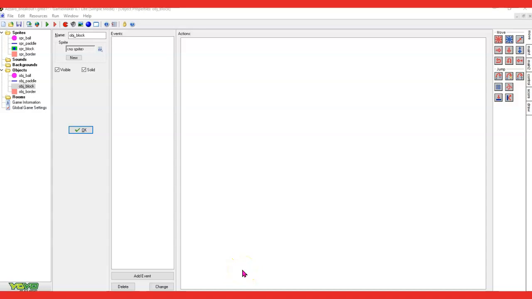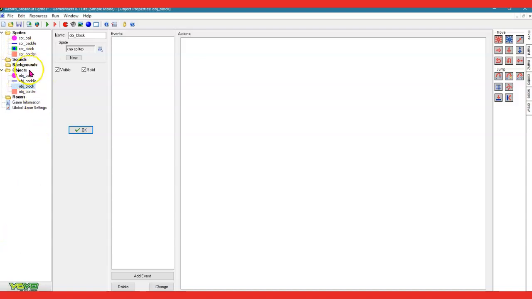Okay, we have a couple more things to do for this breakout game. For the interaction collision event between the ball and the block, we want two things. We want the score to increase and we want the block to disappear. So what we need to do is double click on our block. So over in the objects, double click on block, choose the sprite block,